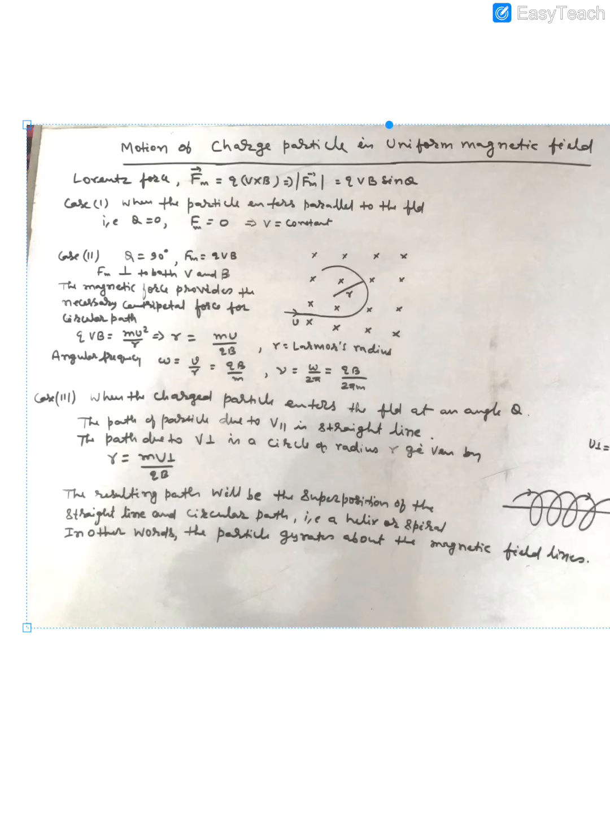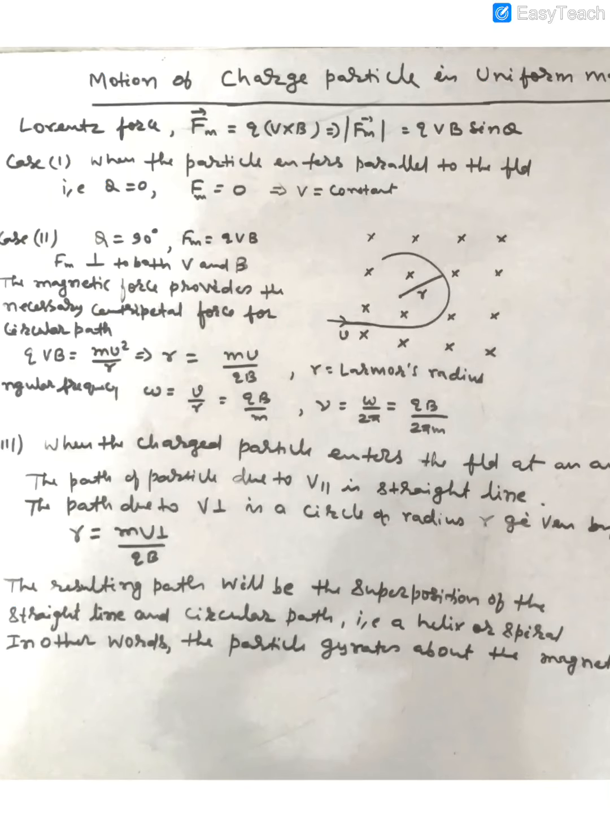In this lecture, we will study the motion of a charged particle in uniform and non-homogeneous magnetic field. First of all, we will discuss the motion of a charged particle in a uniform magnetic field. As we know, whenever a charged particle enters into a magnetic field B, the charged particle is acted upon